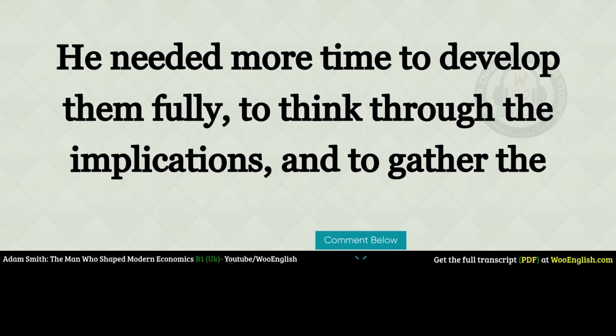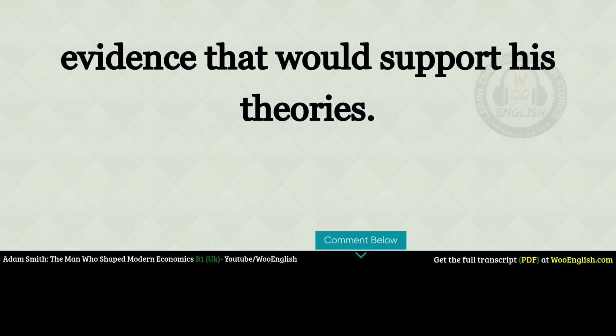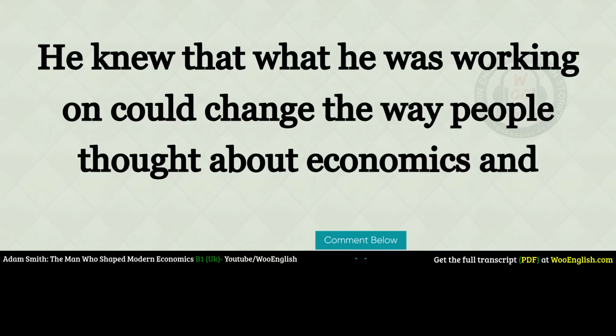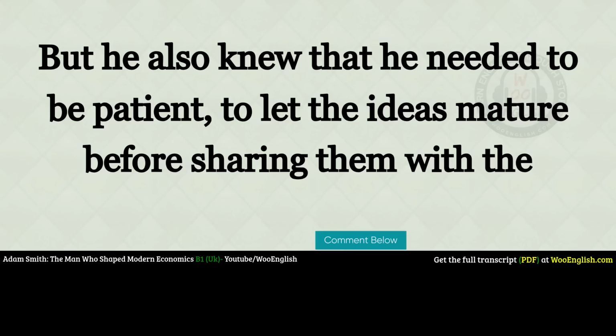He needed more time to develop them fully, to think through the implications, and to gather the evidence that would support his theories. He knew that what he was working on could change the way people thought about economics and society, but he also knew that he needed to be patient, to let the ideas mature before sharing them with